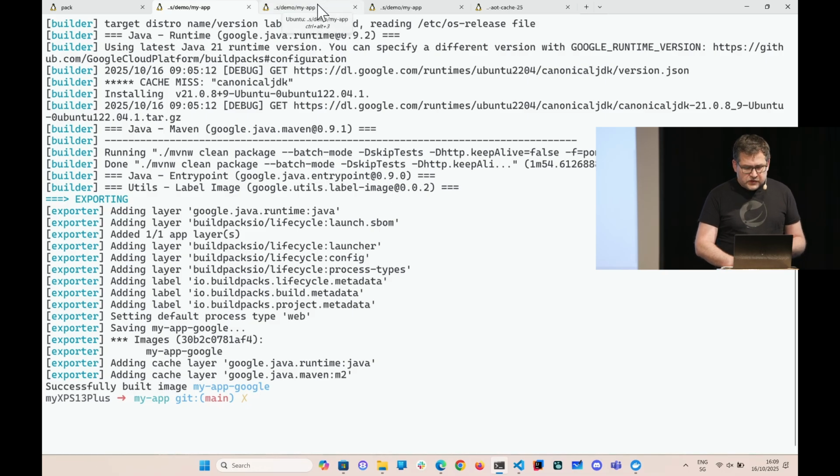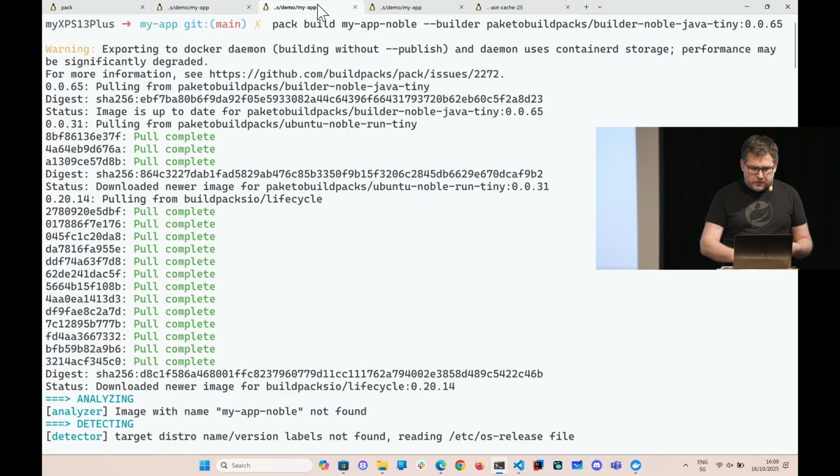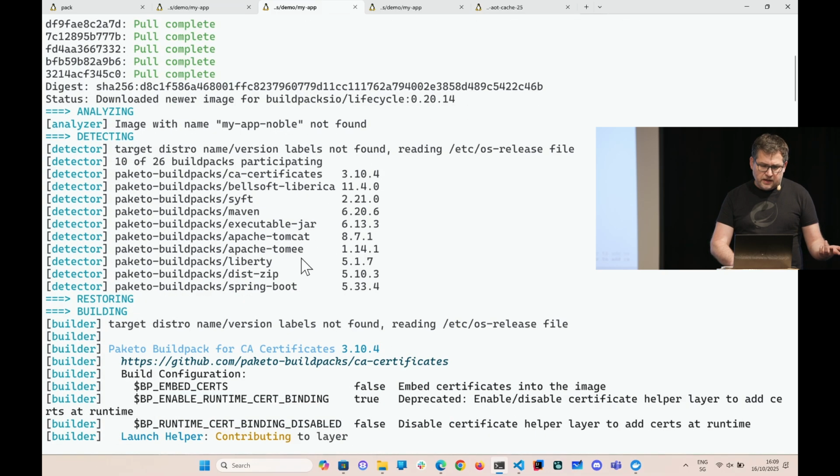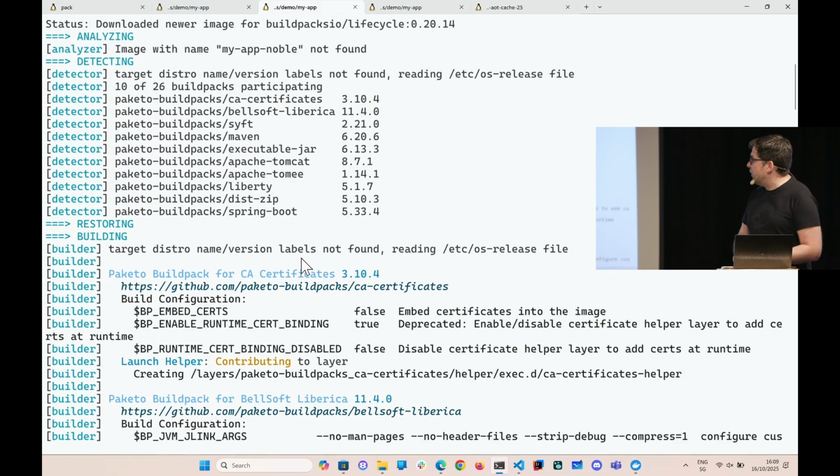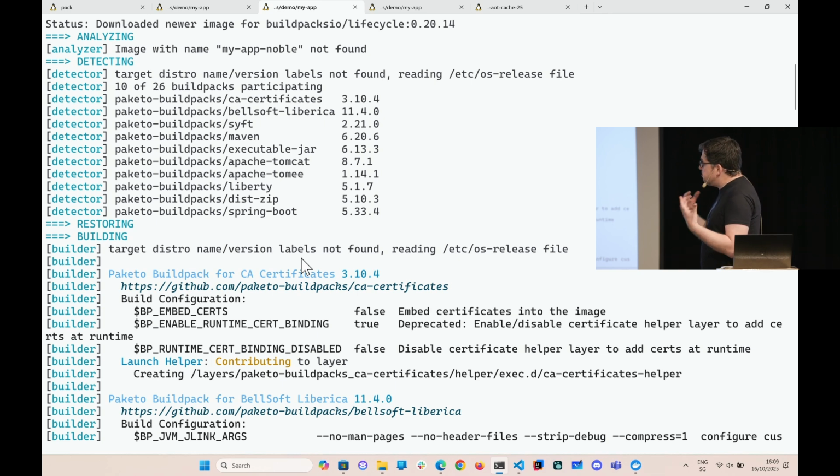Okay, so I'm switching to the next example. I used now not the Google builder, but the Paketo builder with Noble in the small version. And here you also see that the container was not up to date, it was just recently updated, so it had to pull things. And then you see there are 26 buildpacks, and 10 were detected